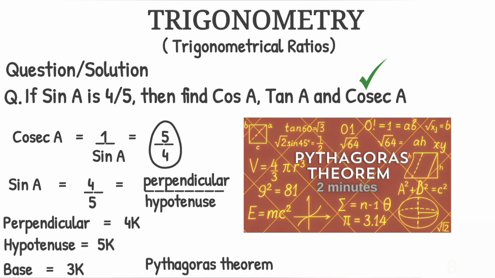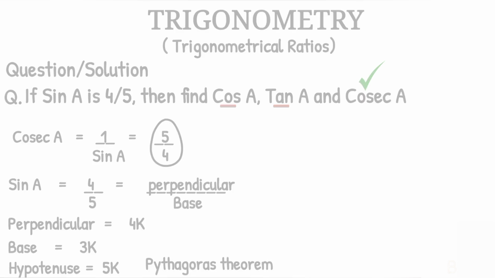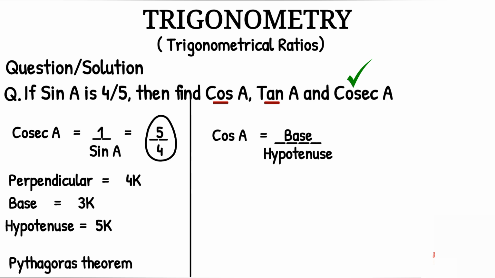Let's continue. Now we have all the sides, so we can even find all the trigonometrical ratios. But we need cos and tan only. Cos A is base upon hypotenuse, and tan A is perpendicular upon base. So we get cos A as 3k upon 5k equals 3 upon 5, tan A as 4k upon 3k equals